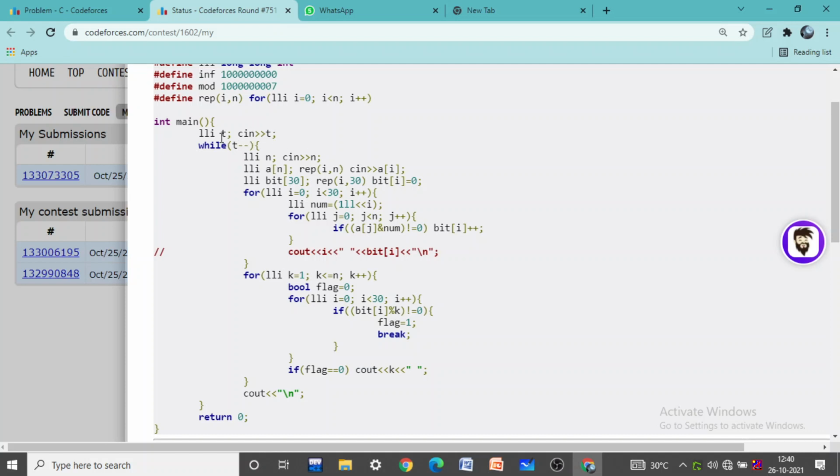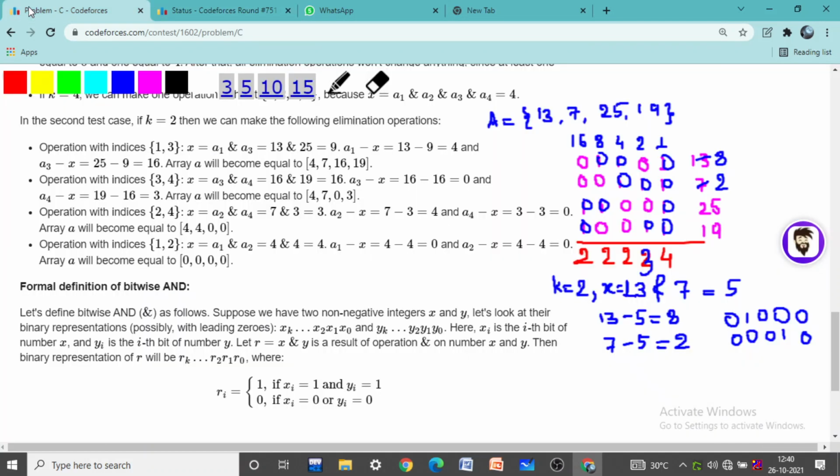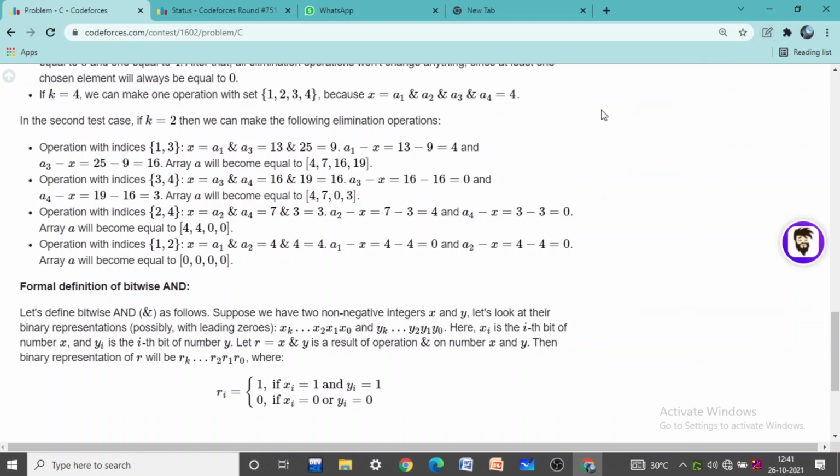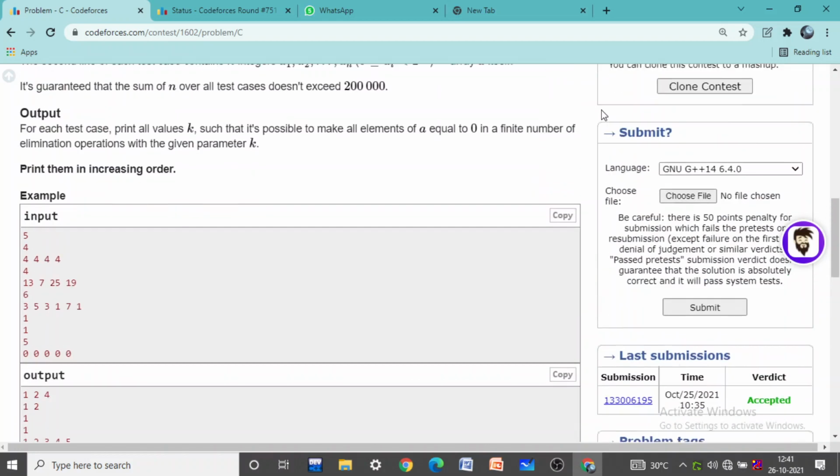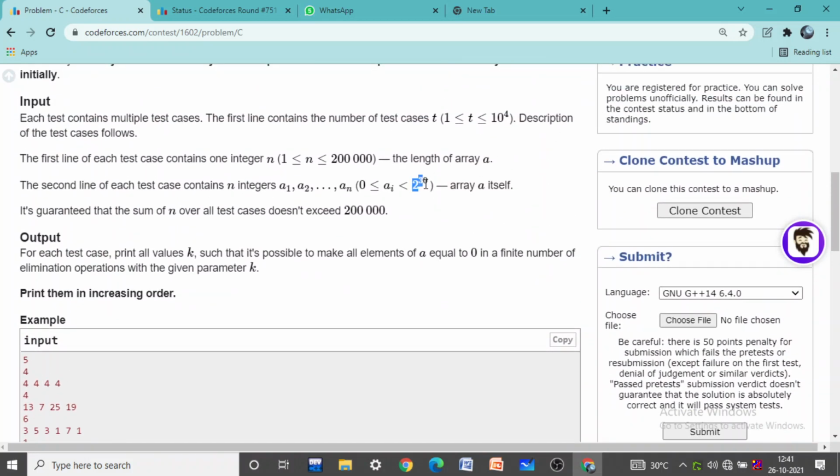At first we took input of t, and for each test case we are taking input of n and then the array a. Then we have to count the number of set bits, so we have declared an array bit of size 30, because the maximum value of ai will be less than 2 to the power 30.